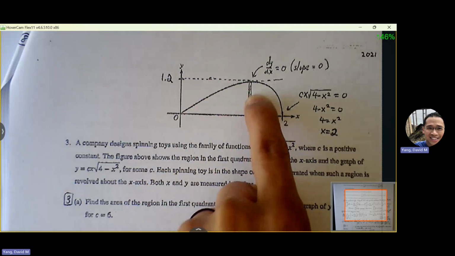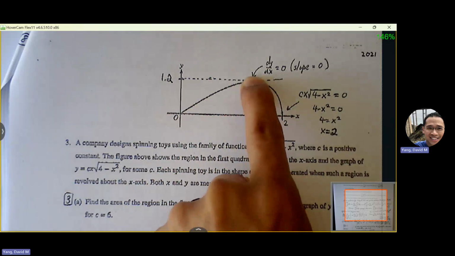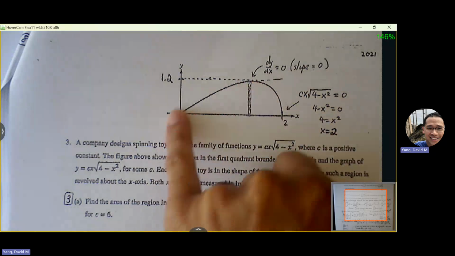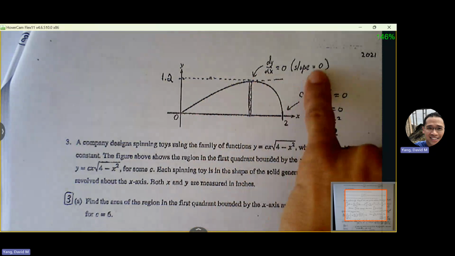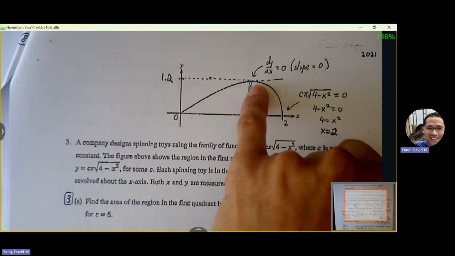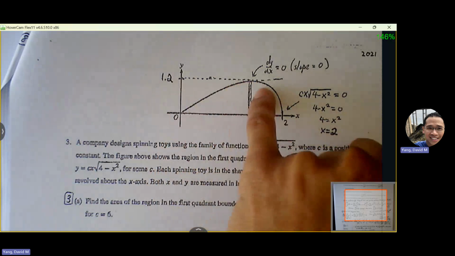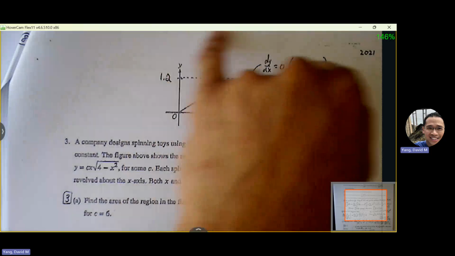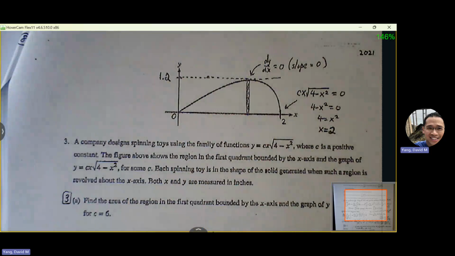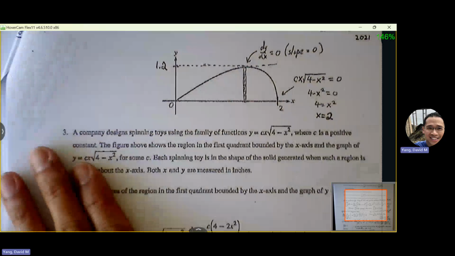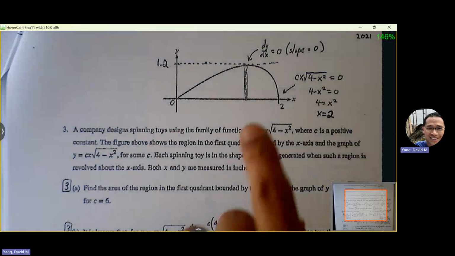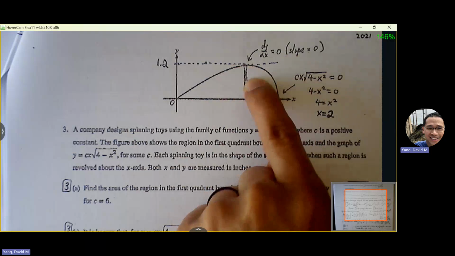So if we know that the largest radius is 1.2, that is telling us a couple of things. One thing is that that is a place where the slope of the curve is 0. And also, that's telling us that the y value at this point is also 1.2. So it's a lot of things that we need to connect together that may not be as easy to do. Imagine working through a problem where you only have 15 minutes and you're trying to make all these connections. But that's what they're trying to get us to see.